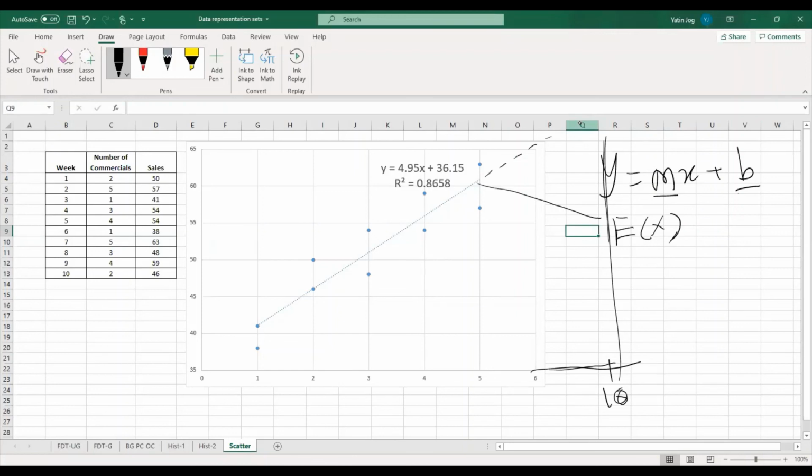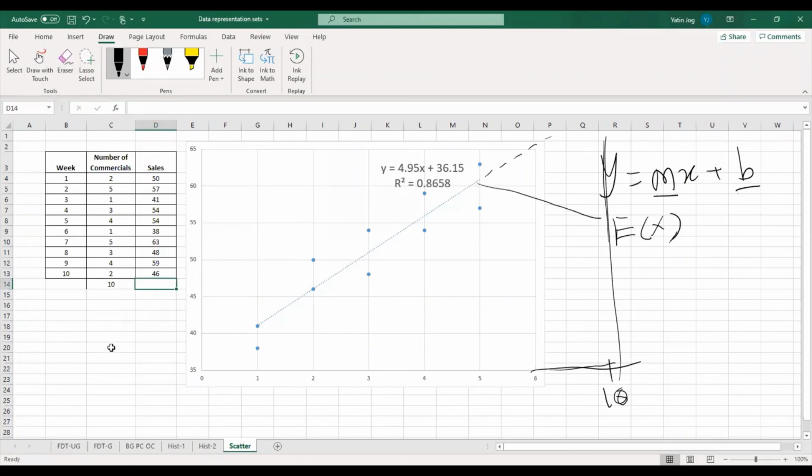From that I can get a prediction of what my expected sales are for 10 commercials. Because we have a limitation in the graph, what we can do is put x equal to 10 in this equation. If I put x equal to 10 in this equation, the value I get is the expected value of y, the expected product sales for 10 commercials.